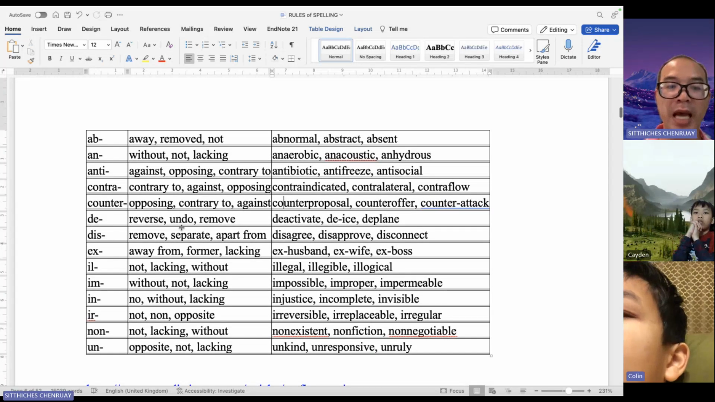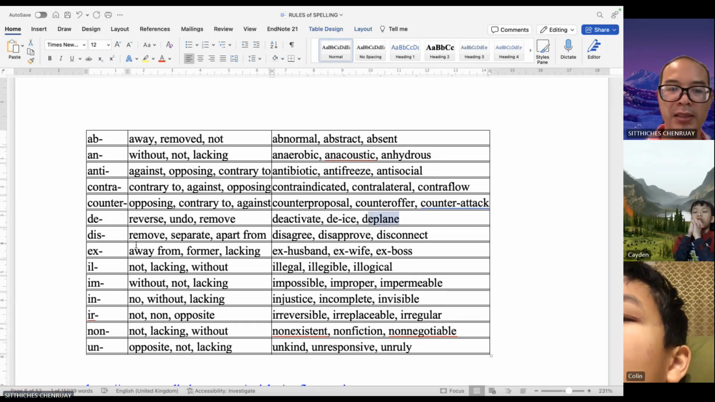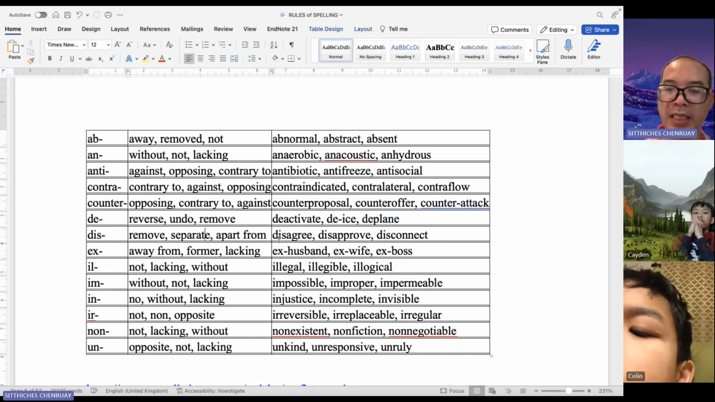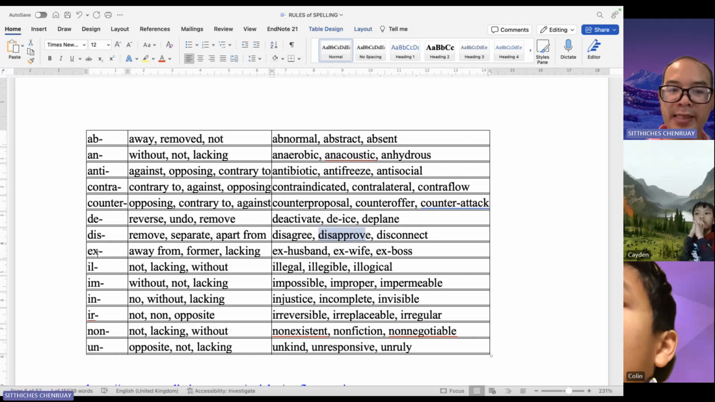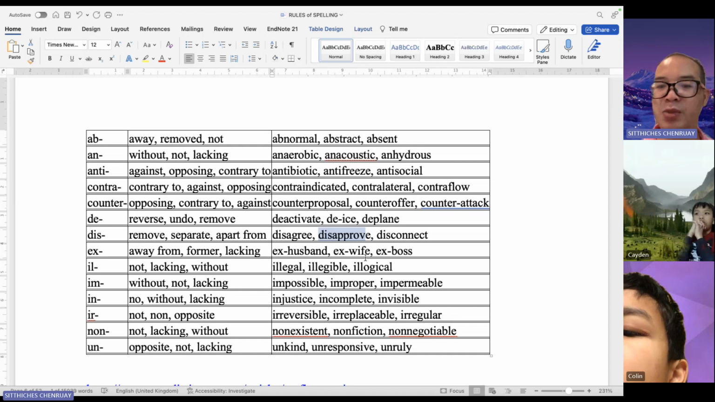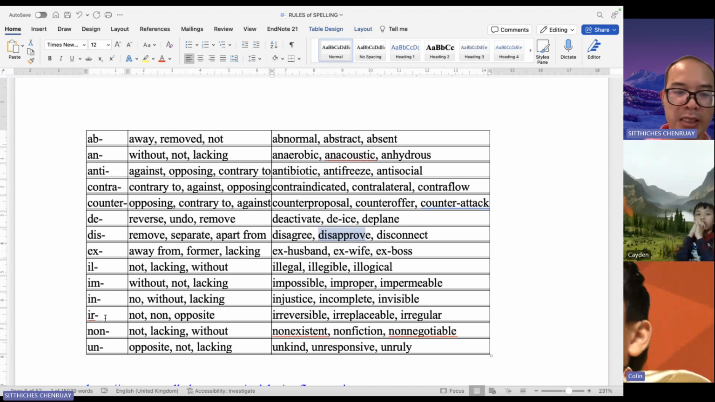De means reverse, undo, remove. Deactivate, de-ice, deplane. Dis: remove, separate, apart from. Disagree, disapprove, disconnect. Ex: away from, former, lacking. Ex-husband, ex-wife, ex-boss. Il: not. This is the same